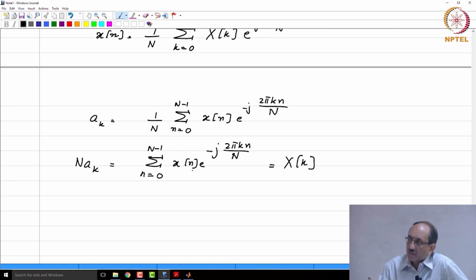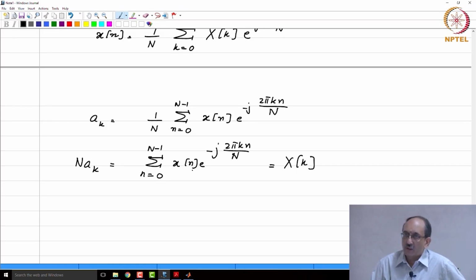Whereas, look at this: the sequence is periodic with period capital N, therefore you have to deal only with N independent samples, a finite number, good for machine representation. The DFT coefficients are only N in number, so an N point signal produces an N point transform, which can also be represented on a machine. The only thing you have to worry about is quantization, because you do not have infinite precision, but by throwing as many bits as needed you can control quantization, and for all practical purposes, at least in the first course, you need not worry about quantization effects.